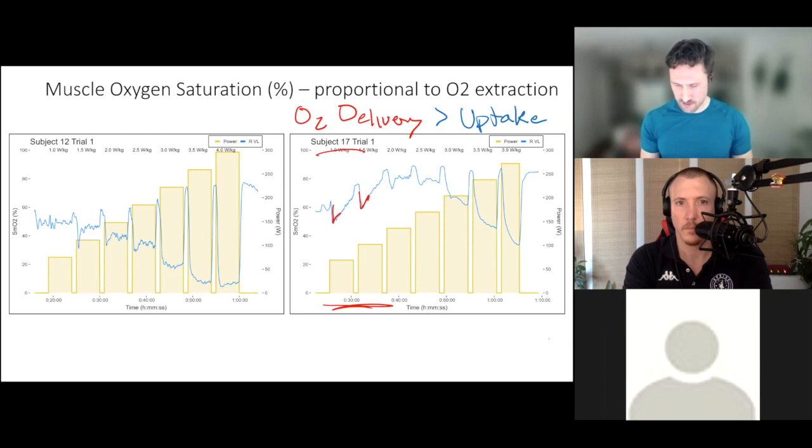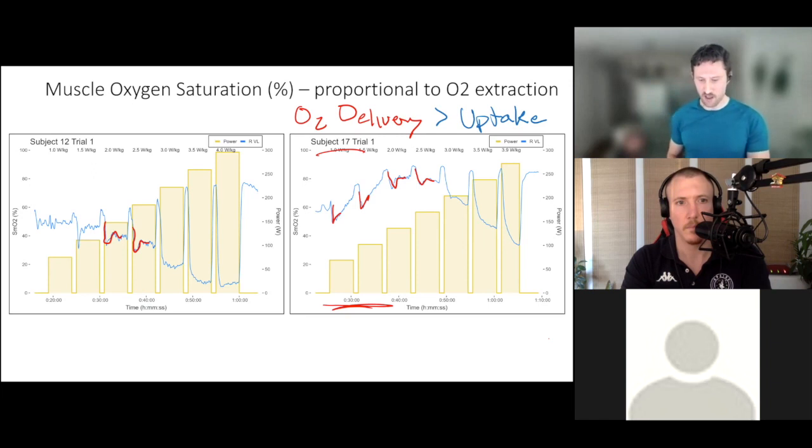Then we start to look at some of these middle stages. We get this more complex shape: it's deoxygenating, it's coming back up, and then it's reaching a balance. And that's what we see over here on subject 12 as well. And so in these stages, this onset kinetics,